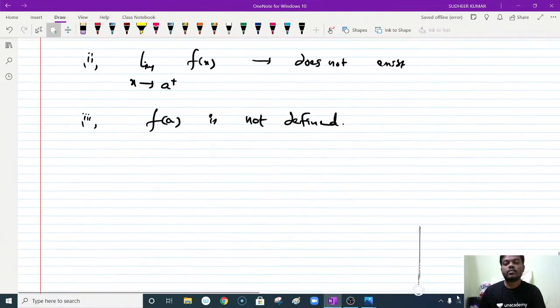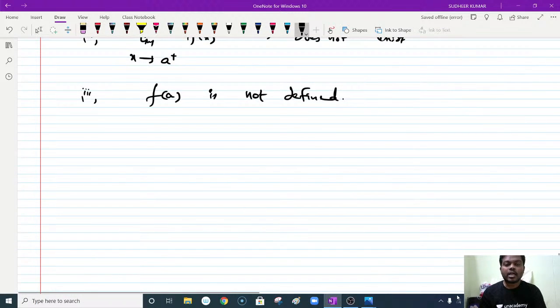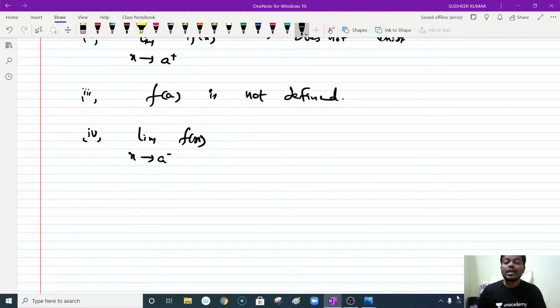Next, still the other cases are: suppose the first condition is the limit as x tends to a minus of f of x exists, the limit as x tends to a plus of f of x also exists, and these two are not equal. Then we will say that the function is discontinuous at x equal to a, right? And the next case is